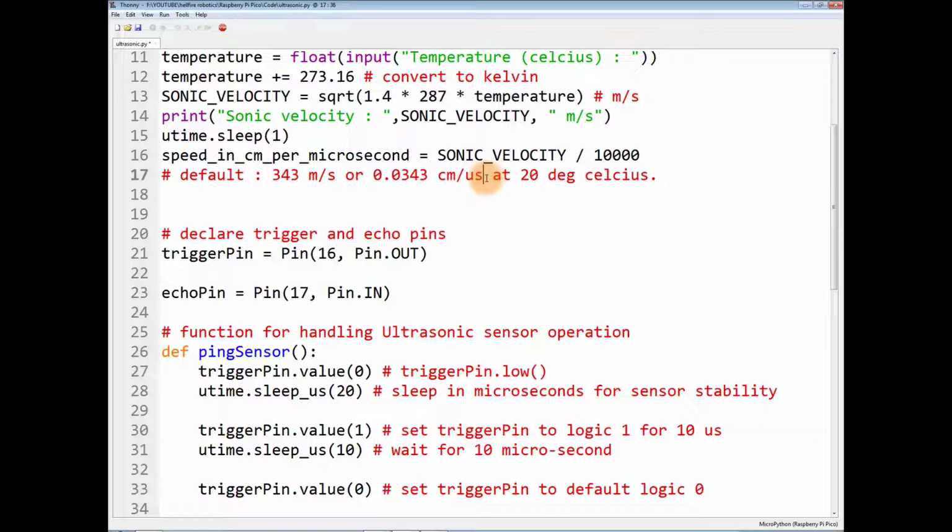We have to do this because in the sensor data sheet and specification it is written that you have to take the velocity in centimeters per microsecond, because the time from the echo pin, or the time which the ultrasonic wave takes to go from the sensor to the object and back from the object to the sensor, will be in microseconds. I will tell you about this later in this video.